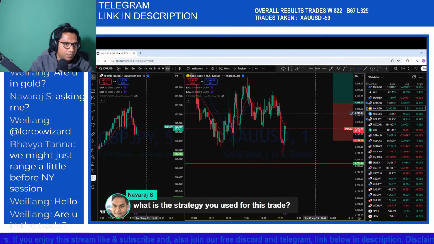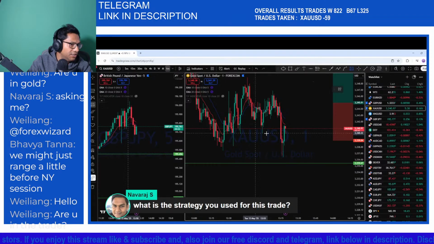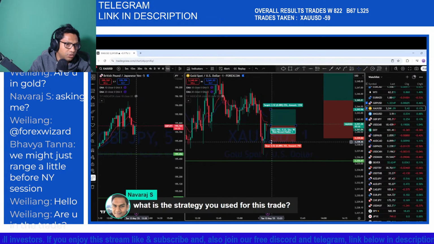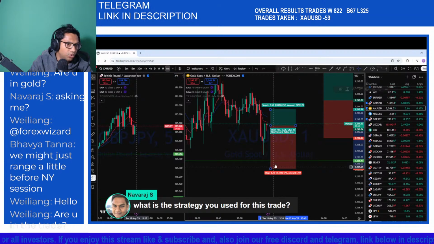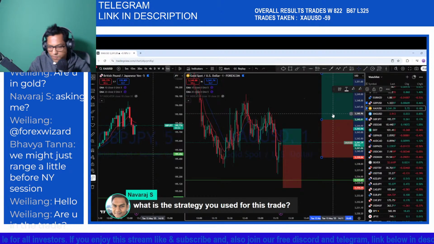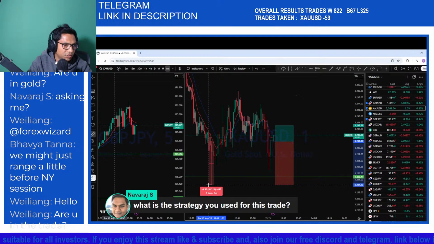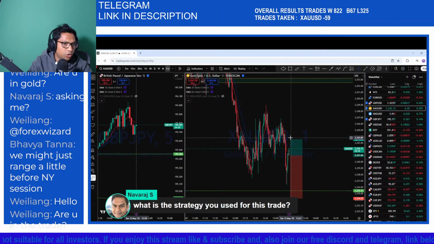Now if it moves back up, we might see that potentially going back to the long-term resistance. So I'm going for another buy, again with full risk management, 69 pips stop loss, again targeting